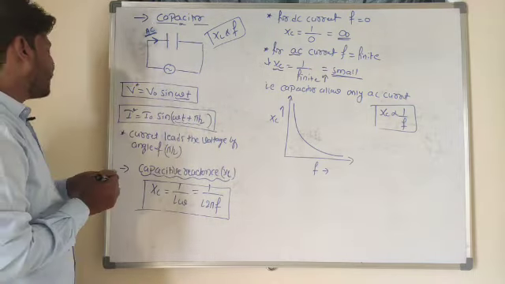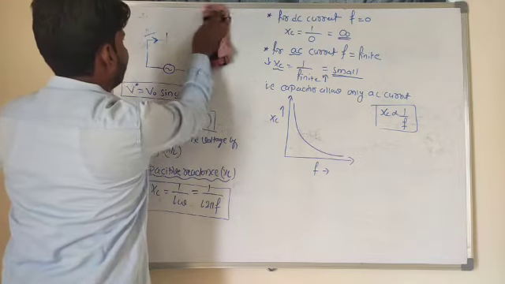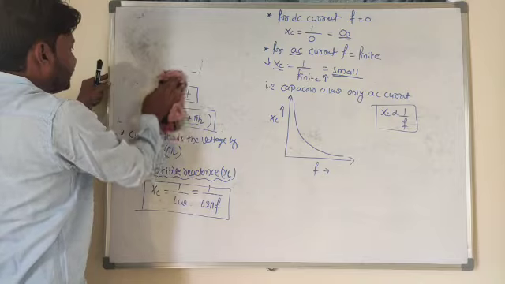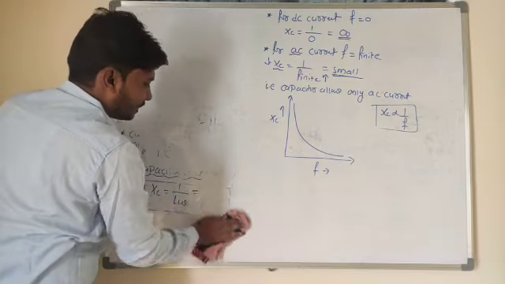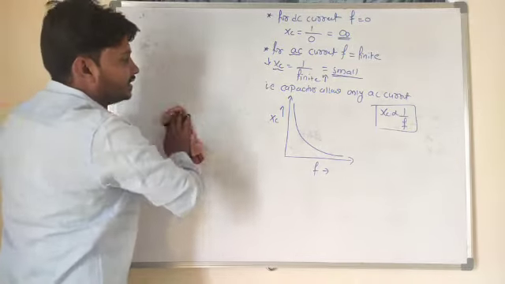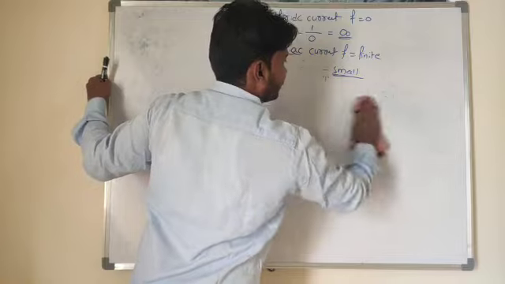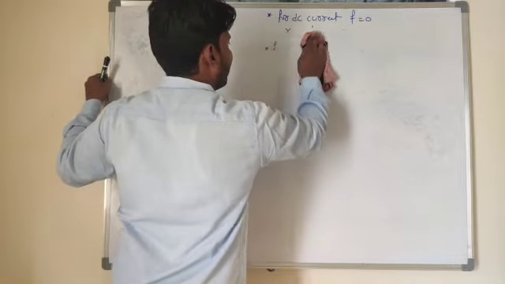So now let me understand the concept of impedance. What is impedance here? For example, I'm having three elements here: inductor, capacitor and resistor. If these three elements are connected in series combination, what will be its effective opposition? I can find out here.